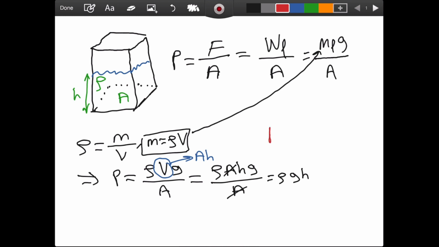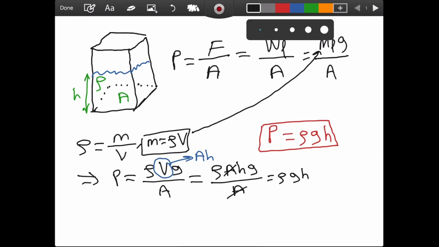The liquid pressure is equal to the density of our liquid times the gravitational field strength and times the height of our liquid. This is the formula that we derived by using the definition of pressure and the definition of density. Well, what does this equation tell us? First of all, by this cancellation here,